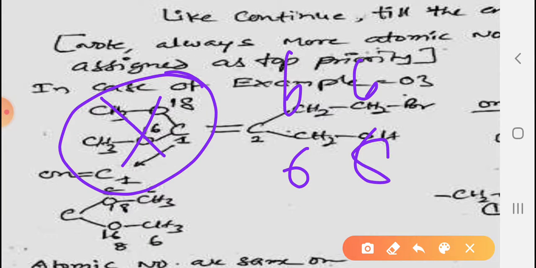But here the atomic number is not deciding the priority. On this group rule number 1 is not valid, and the subrule is also not valid. But for this side the subrule is valid because 6, 8, 6. Going through that, we have decided with the second carbon only, 8 and 6, hence it is first priority, it is second priority, hence we can assign. But on this side these rules are not applicable, hence it is not possible.